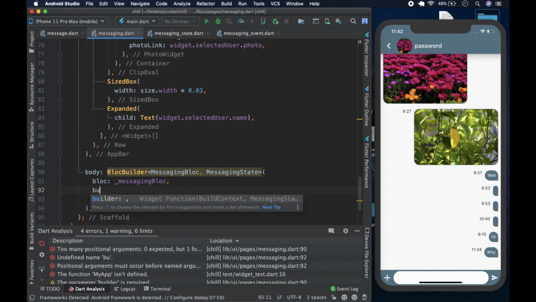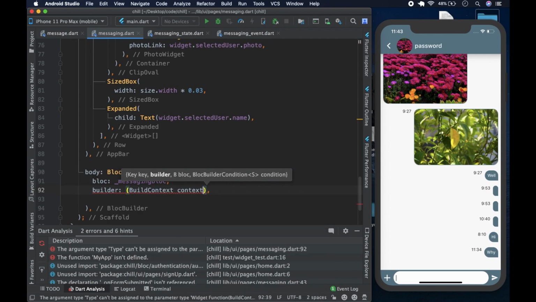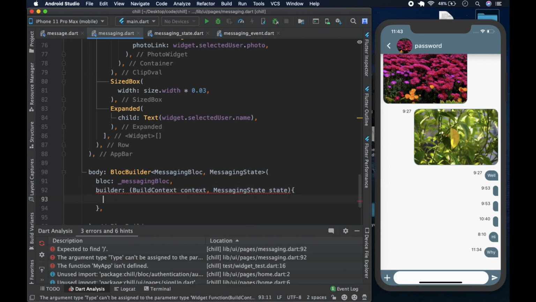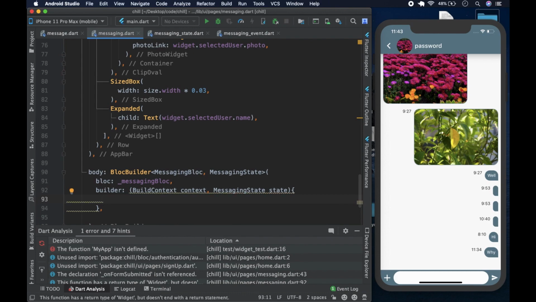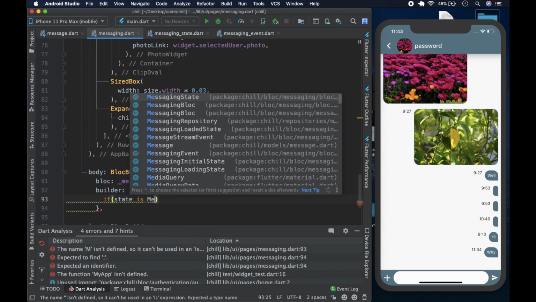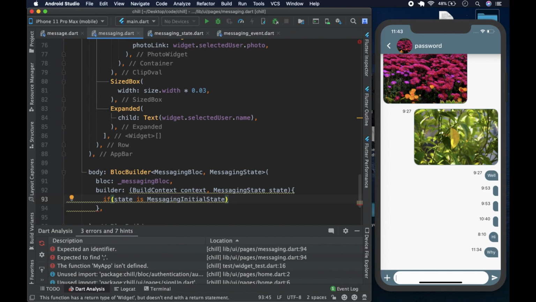Yeah, like so. So with the builder, we could say builder here, and it's going to take a context and a state. So we could say build context, and it's going to be of type context, and the state is going to be the messaging state, like so. And we're now going to go to the if statements, and the first one is if state is the initial state. Where is it? Messaging initial state. That's what we call it. If it's messaging initial state,